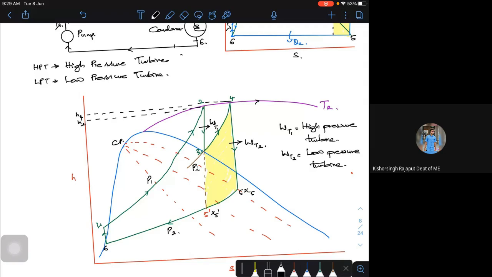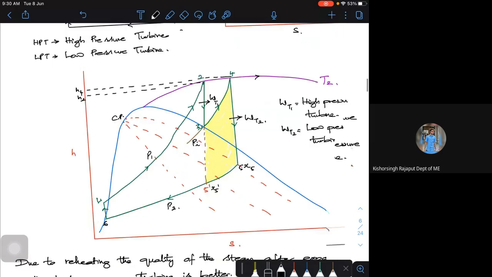And one more thing, if I execute only an ideal single Rankine cycle, I'll be following the path 1s, 2, 3 and 5-6. The area under this is much lesser compared to the other area, that is, if I consider 1s, 2, 3s, 4, 5 and 6 and we come back to 1s. So area-wise, the heat utilization and the net work, both are significantly increased.